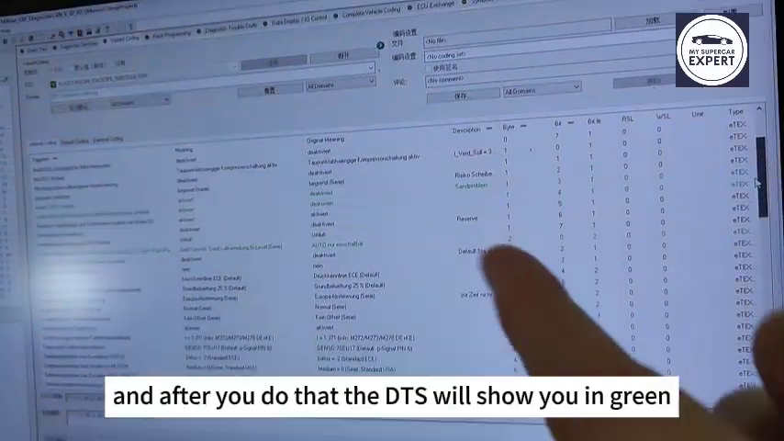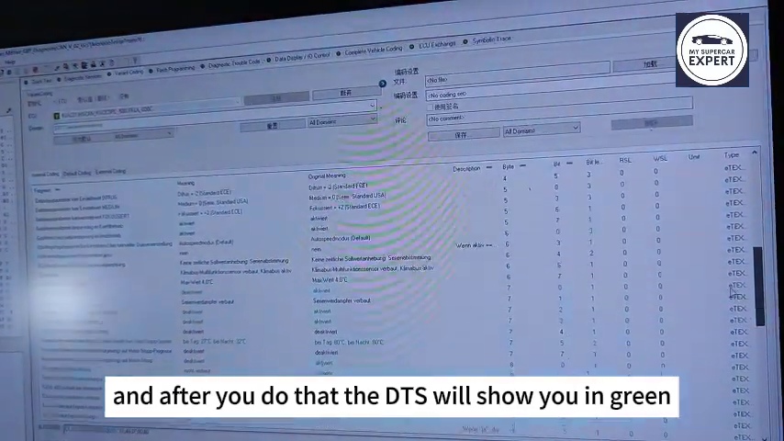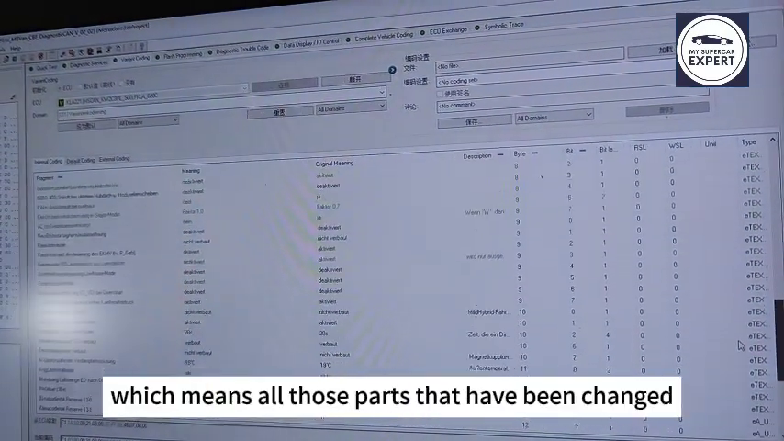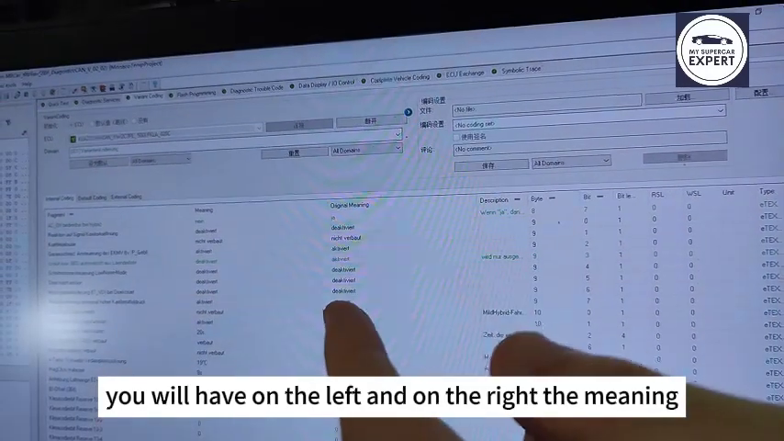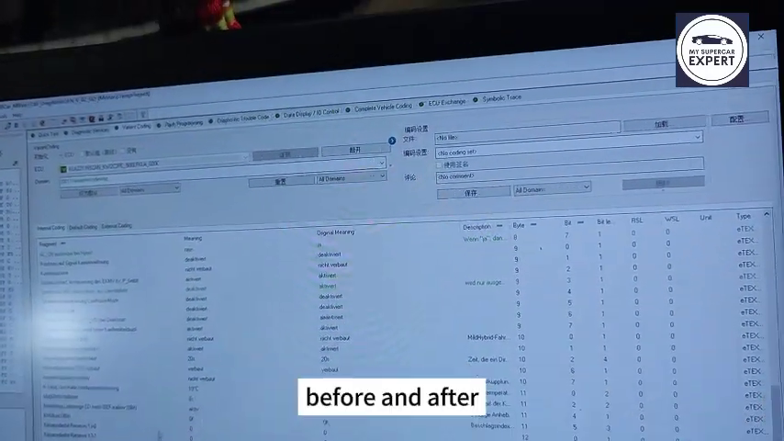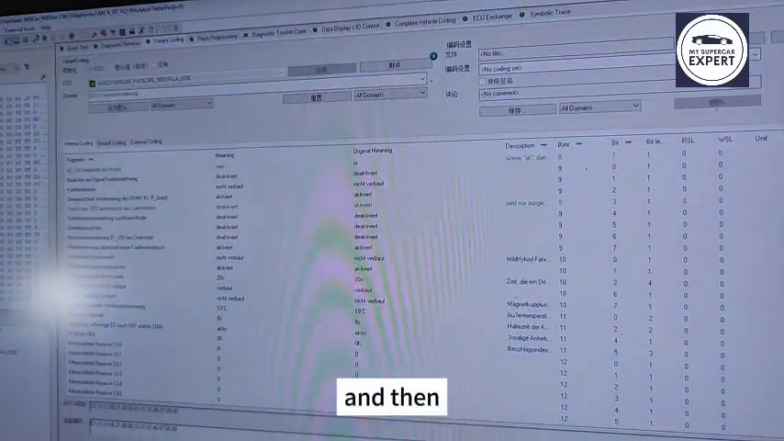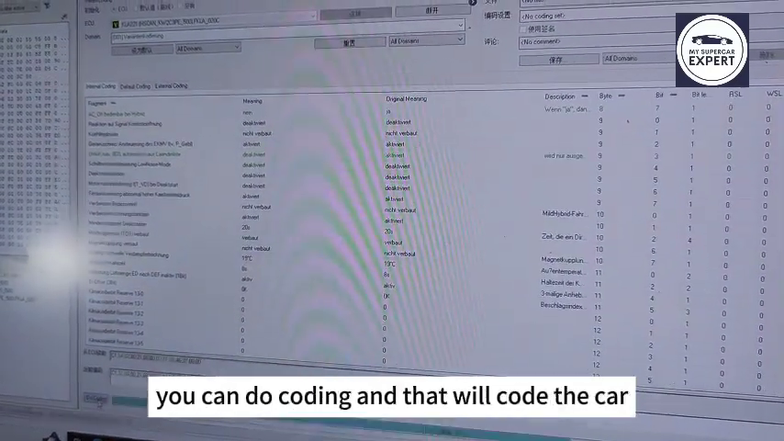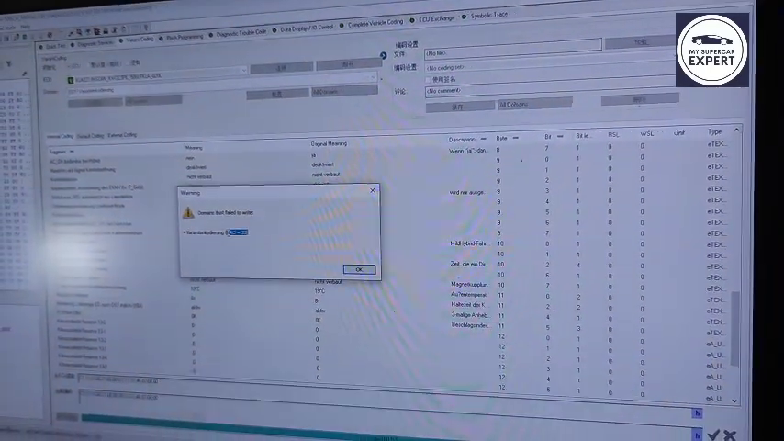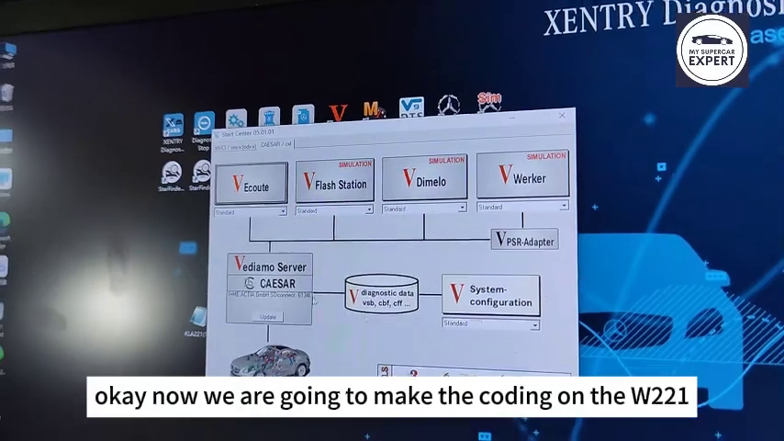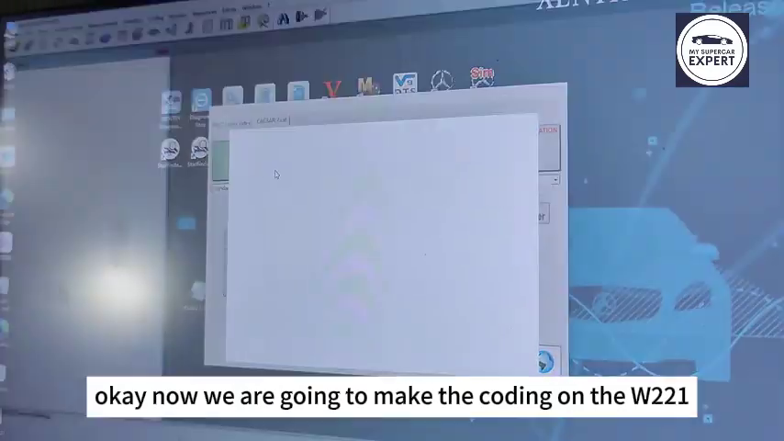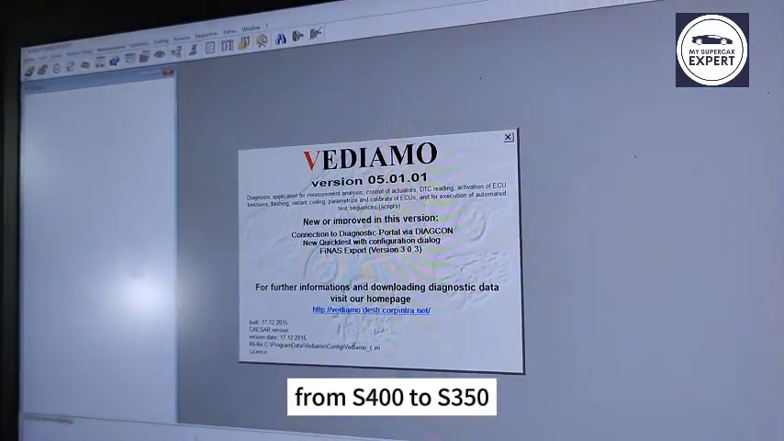Then after you do that, the DTS will show you in green a lot of parts, which means all those parts that have been changed. You will have on the left and on the right the meaning before and after. And then when you're ready and you understand everything, you can do coding and that will code the car. And then you're good. Okay, now we are going to make the coding on the 221 from S400 to S350